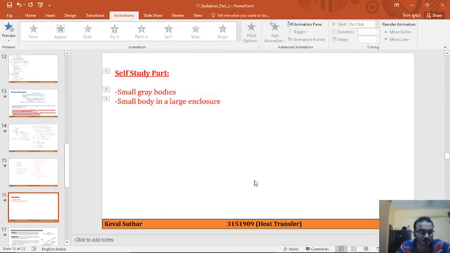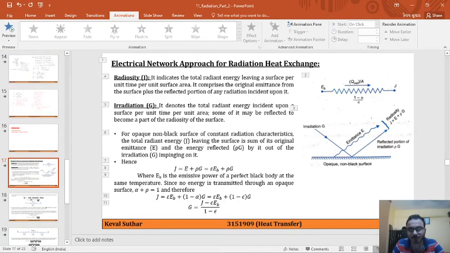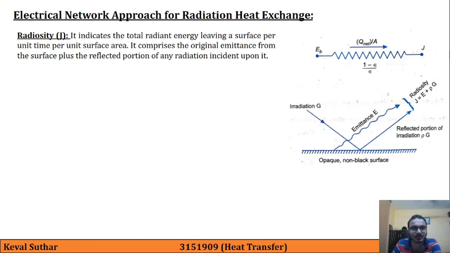So these are the two topics which I have given you in self-study: small gray bodies and small body in large enclosure, which are already based on our previous two theories. Now let's move forward to our next theory, that is the electrical network approach